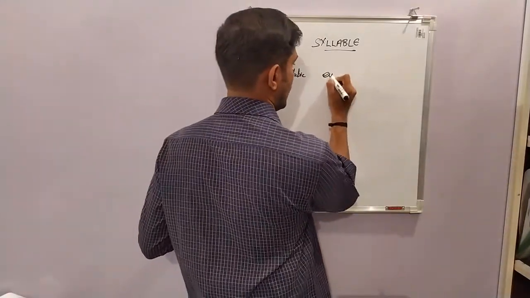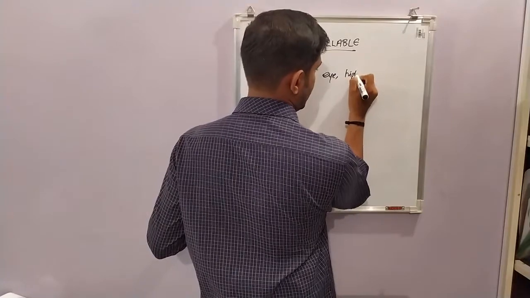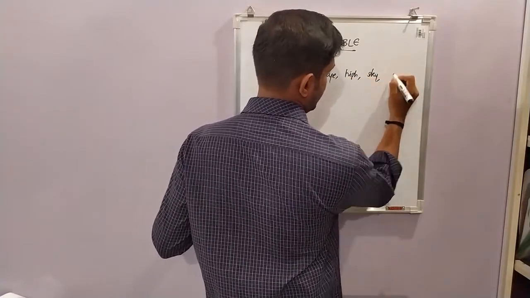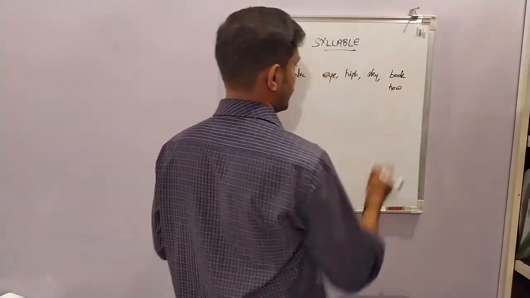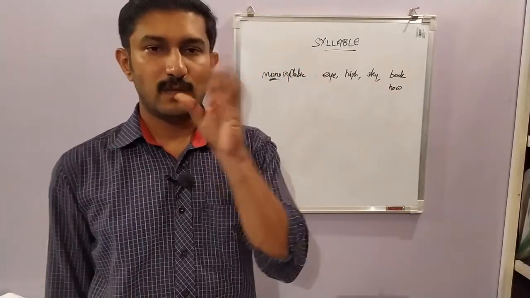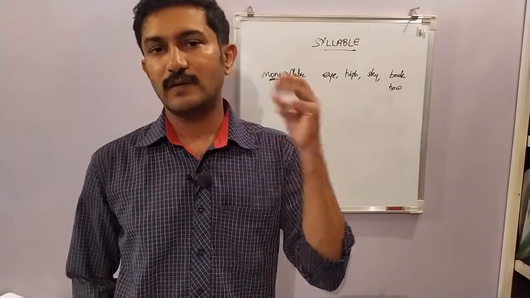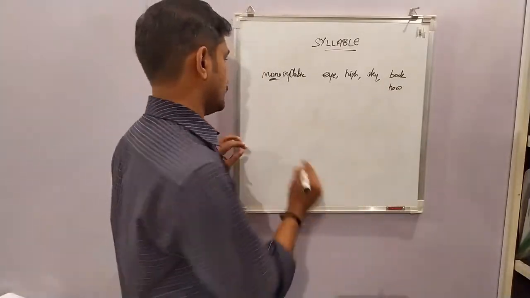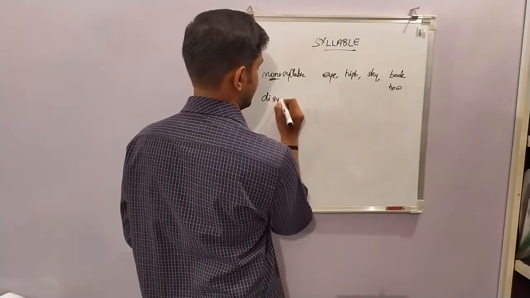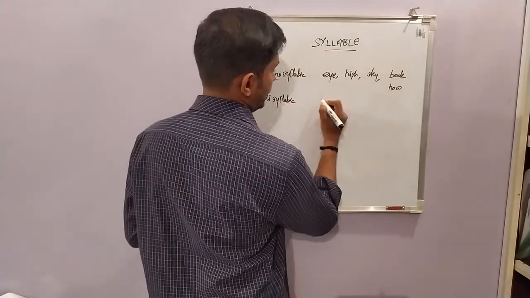Words like I, high, sky, book, how. These words are uttered with one puff of breath. It is having only one syllable. In certain words there are two syllables. There are disyllabic words like